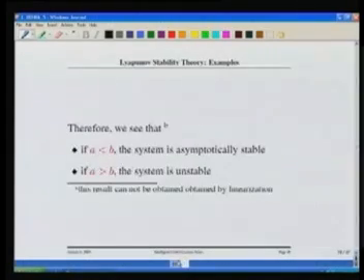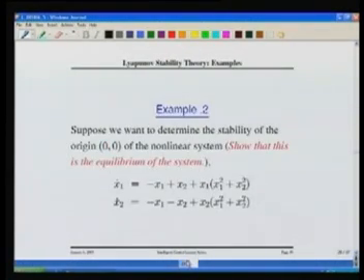So, that is an interesting application. We see that if a is less than b, the system is asymptotically stable, but if a is greater than b, the system is unstable. So, this result cannot be obtained by linearization using the indirect method. Now, we go to another example. In this first example, what we did shows the advantage of the direct method over the indirect method. That is simple, because in some cases the indirect method is silent about the concept of stability, but the direct method